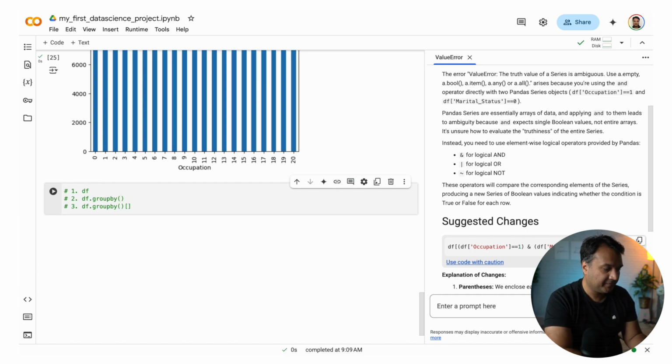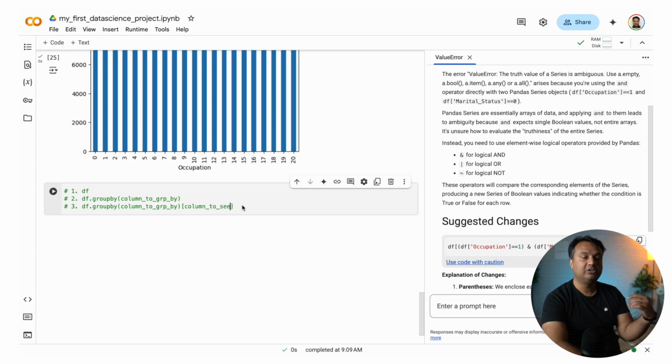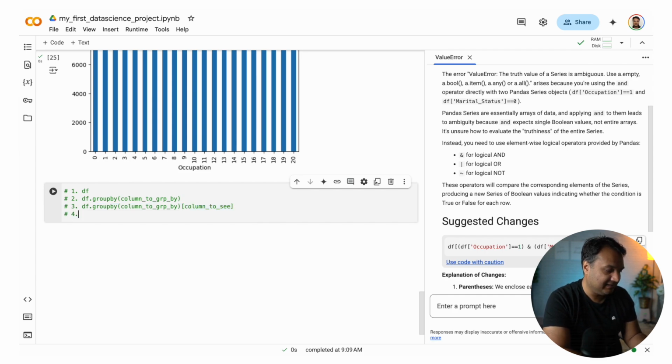So this is the column to group by, and then the column to see. You tell it what column you want to see, and then the last step is aggregation.